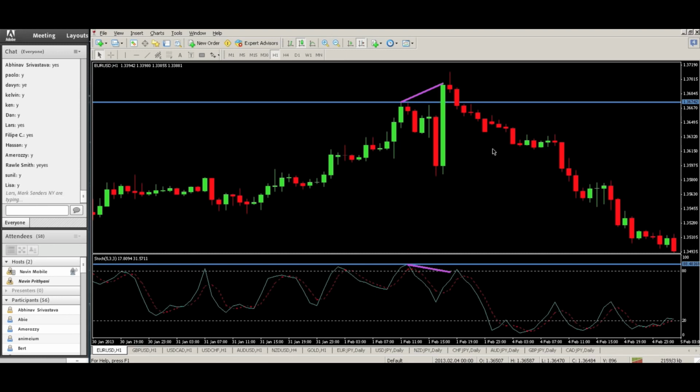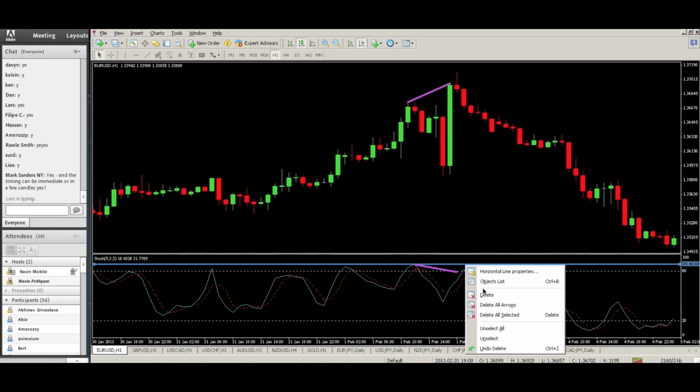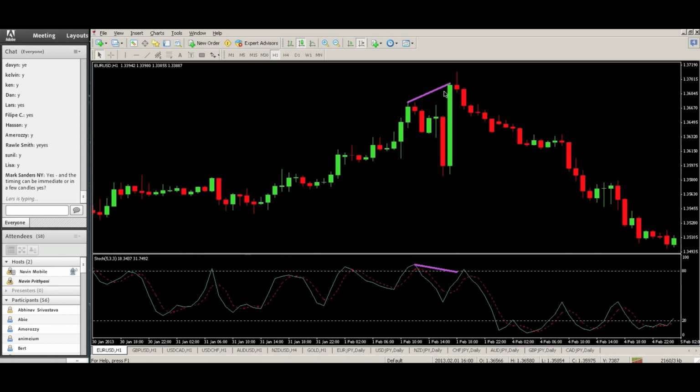Okay, now let's put this into action. I'm going to remove this line since we already know there's a divergence now, or opposite, and clearly at this point we have this information. The timing is actually immediate, but Mark, I will explain that situation to you. Now, when you have the situation of opposite, remember, if you're just looking at this information of divergence, what happens is you're relying on your indicator, which is deadly. Never rely on your indicator, okay?